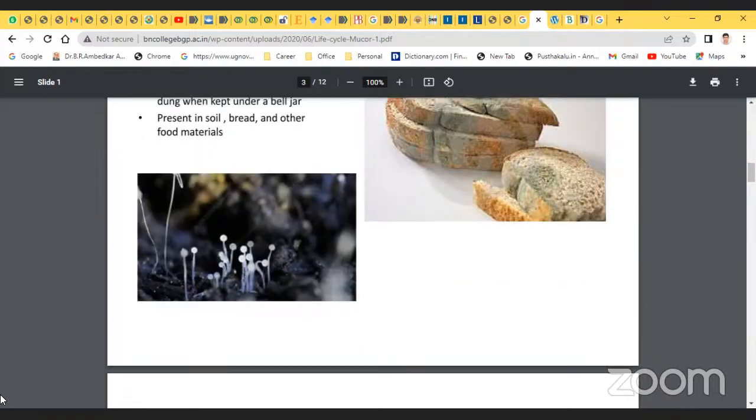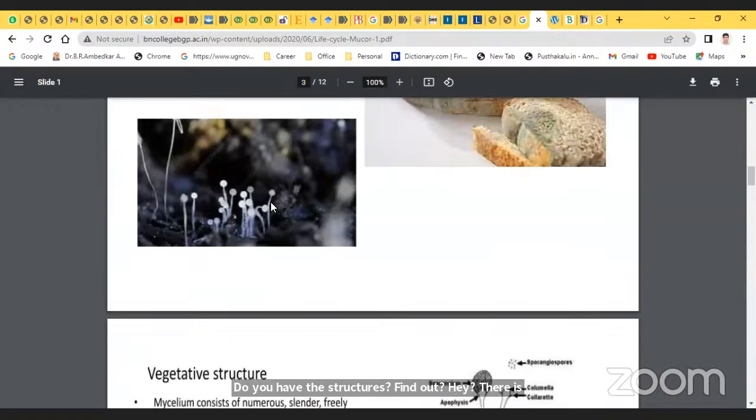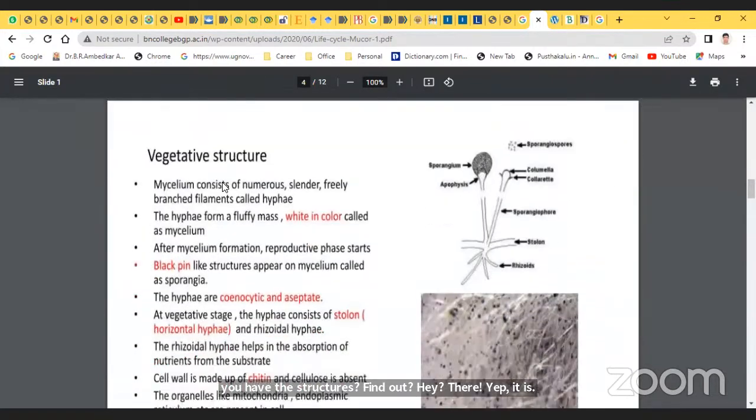Here we will see under the microscope. These are the structures. Find out. These are the structures. Yet it is able to see this one. Yes, sir. So next, coming to